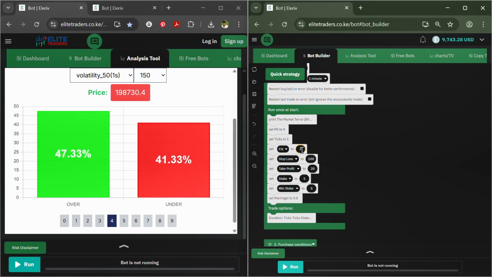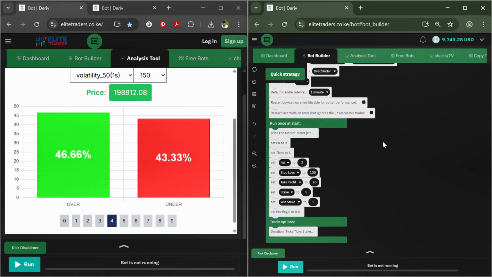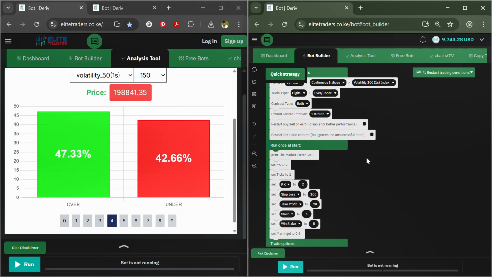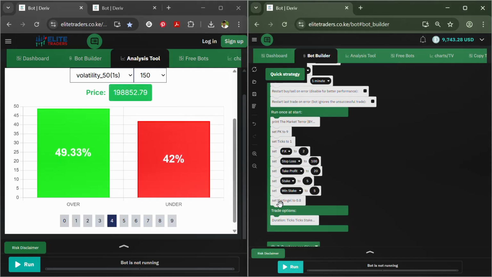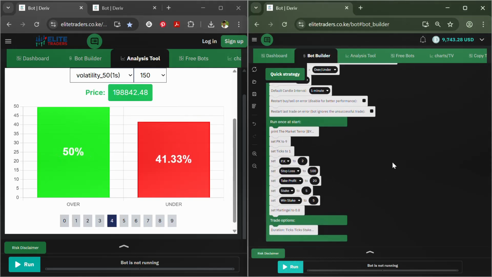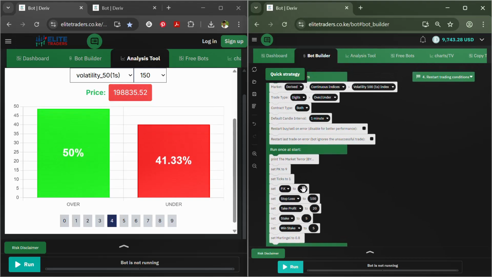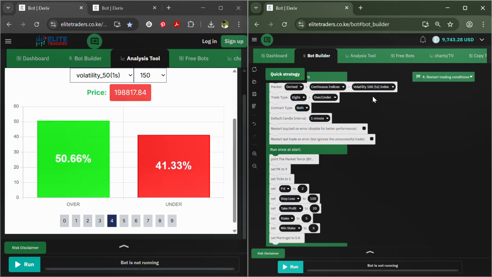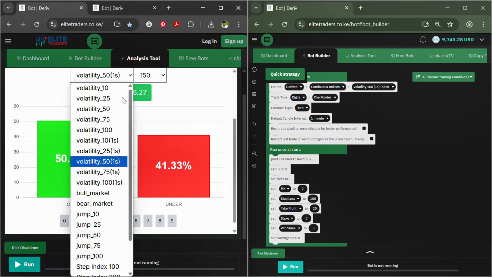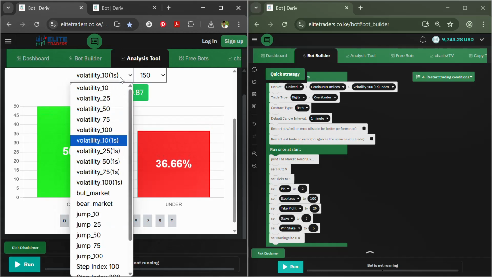Then we also have this part, where we are telling this robot to apply martingale after 2 consecutive losses. The martingale is already set by default, so you don't need to open this block. All you need to do now is set up this part and select the volatility. So let me switch these volatilities and see if there is a volatility that is above